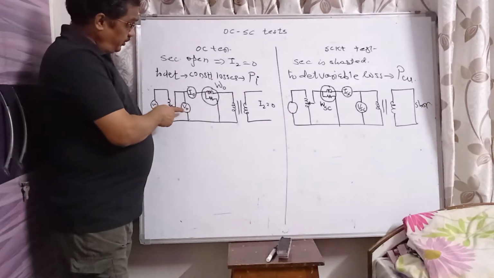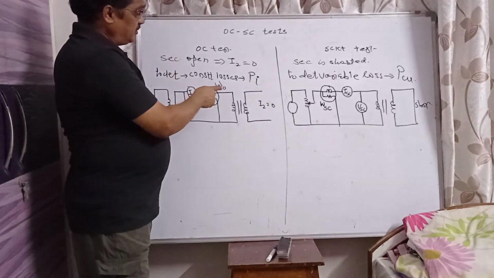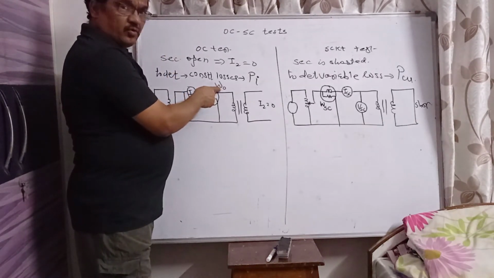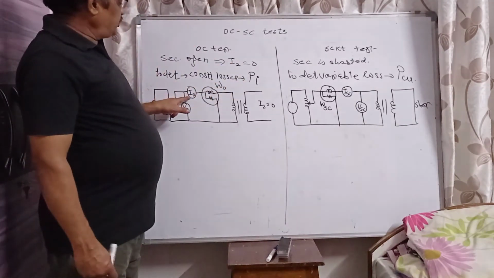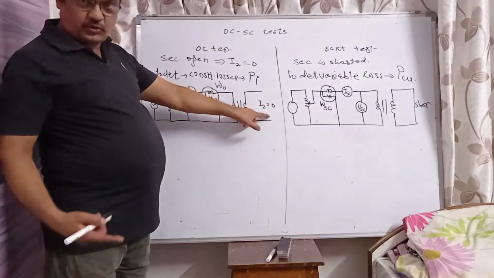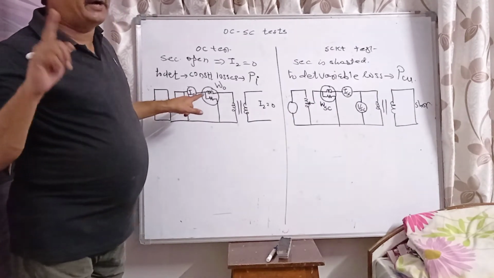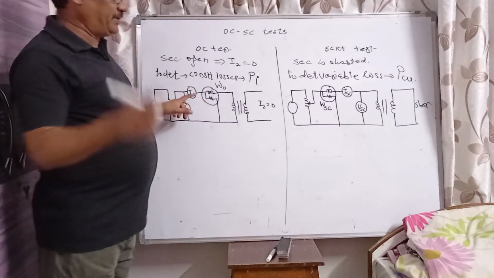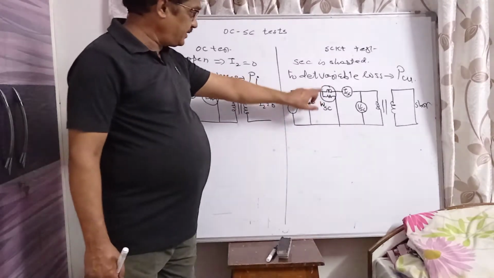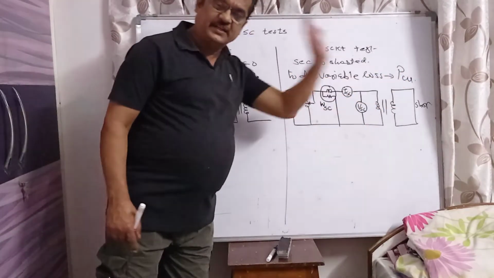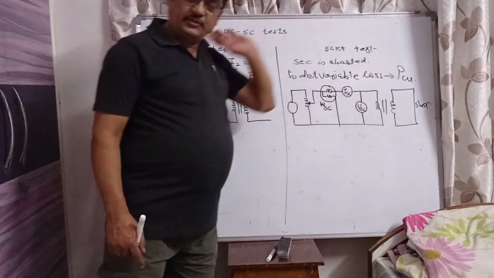So this is the voltmeter. It will measure V naught for the open circuit test: open circuit voltage, open circuit current, open circuit power, W naught or P I. Since there is no load across the secondary, this is known as the no load current, the primary no load current. We have studied this; see the previous articles. Now the same instruments are connected here, but here I have indicated short circuit power measurement, short circuit current, short circuit voltage, since the secondary is shorted. So W naught is nothing but P I and W SC is nothing but P C.